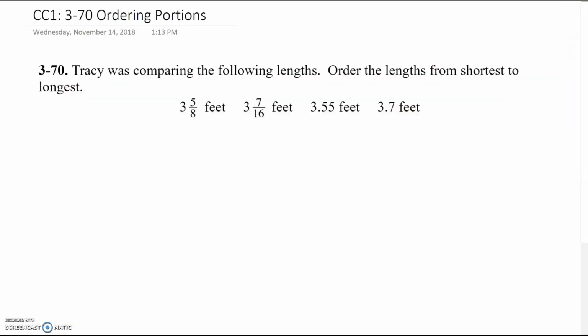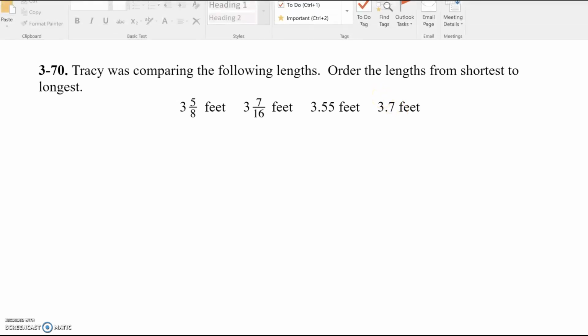Well, here's the problem. Tracy was comparing the following lengths. Order the lengths from shortest to longest. We have two that are in fraction form and two that are in decimals. I personally think it's much easier to order decimals from least to greatest than it is to order fractions. What I do know right off the bat is that